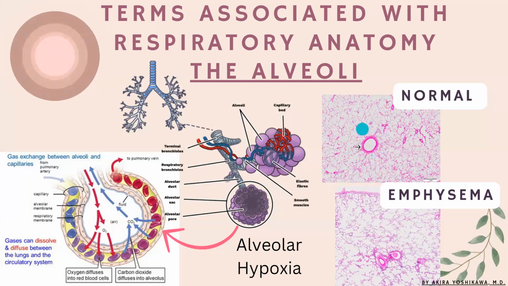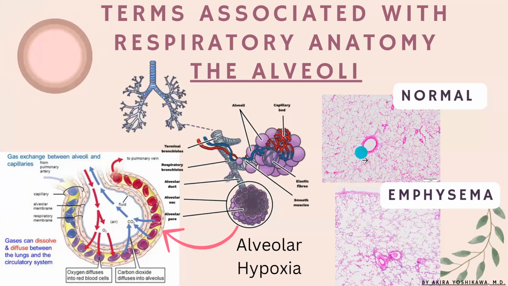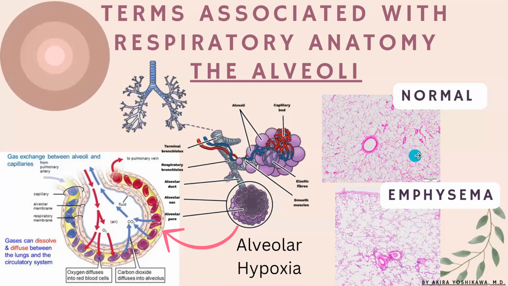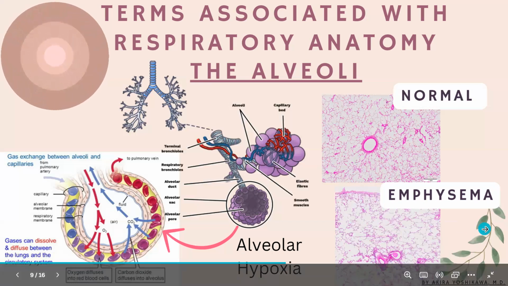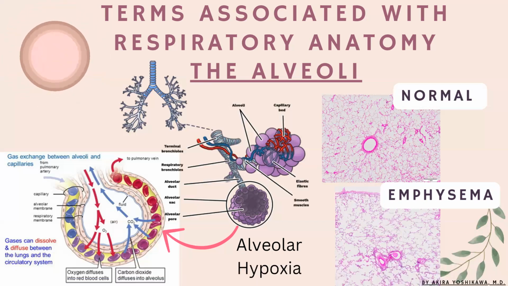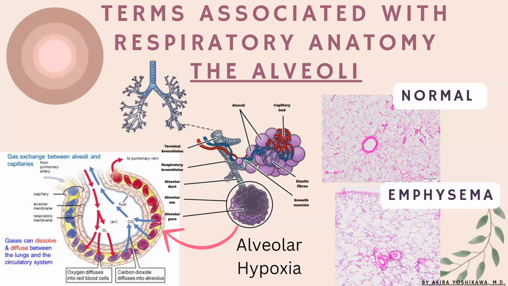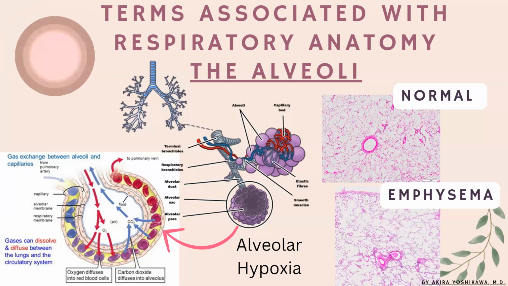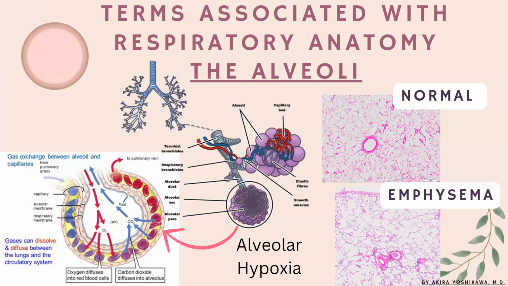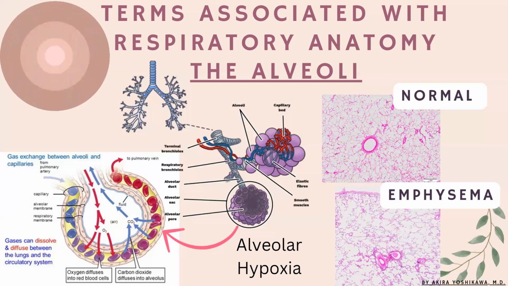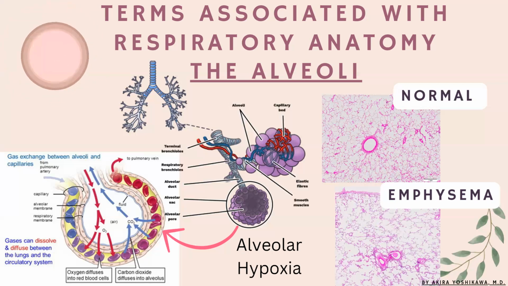So our image at the top here shows a normal alveoli. You can see it's nice and open here. It's got really clear borders. The lines here aren't overly thick. And now we're going to look at a lung with emphysema. Emphysema is one of the two pathologies that contribute to COPD, chronic obstructive pulmonary disorder. And so one of the concepts that's not as easy to grasp when we think about emphysema and COPD is that they're having trouble getting enough oxygen or air in, but